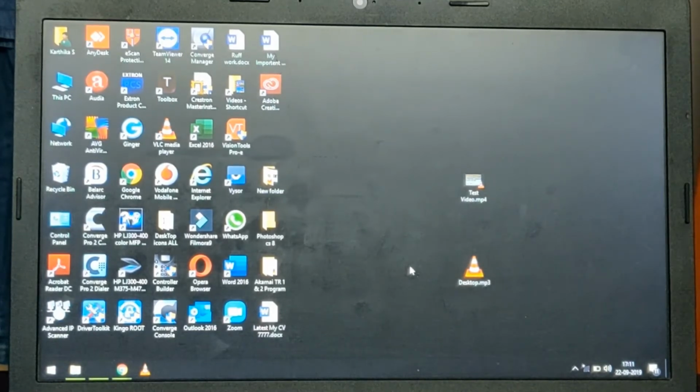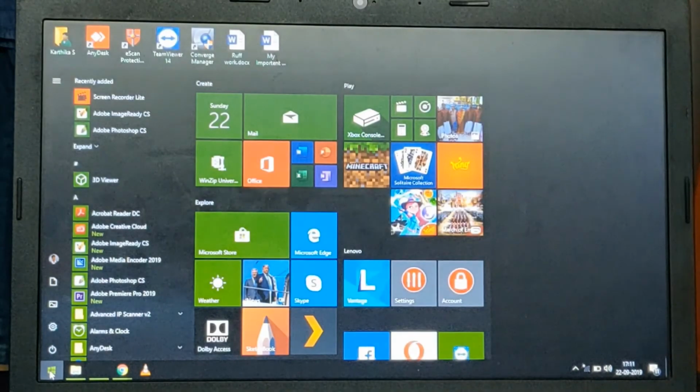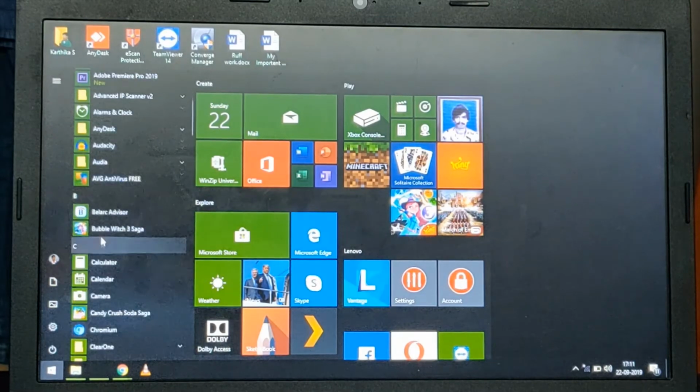See here, I already have the original separated audio. So let's go to Windows and search for Audacity software. See, here it is.